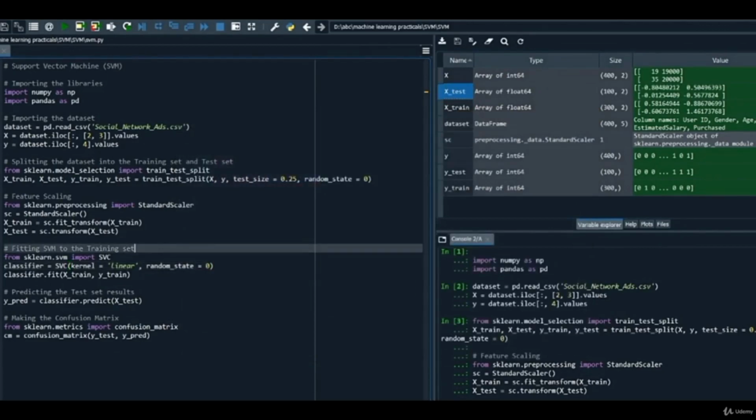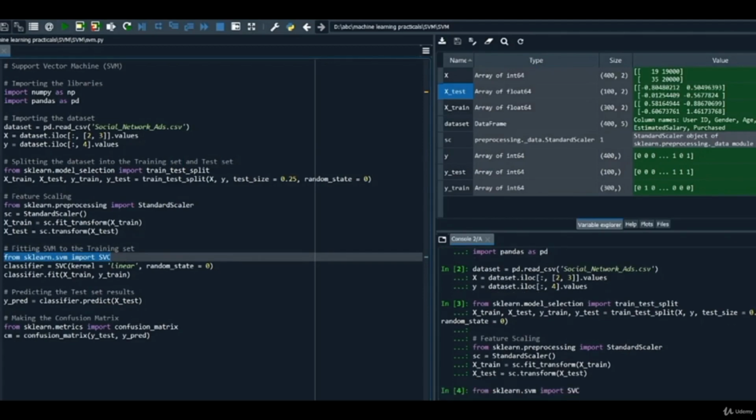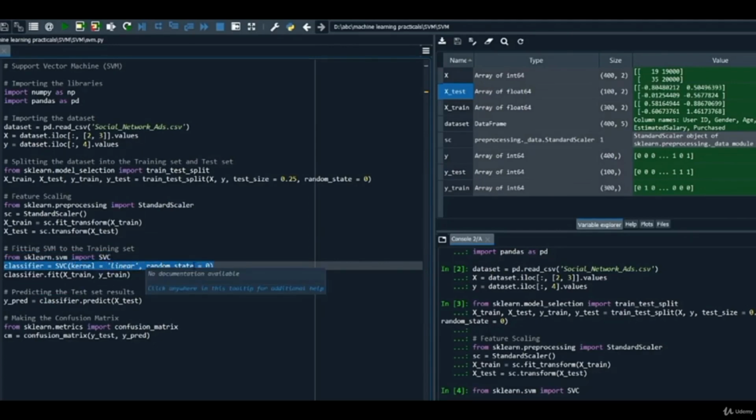Now we are going to import the support vector classifier, our classifier class, already available in sklearn.svm. So we import it using from sklearn.svm import SVC. After executing that line of code, we are going to create an object of SVC. Let's say we create a model named classifier equals SVC, and then we pass kernel equals linear and random_state equals 0. Random state equals 0 is so that random data points are not used for training, and random ones are not picked.